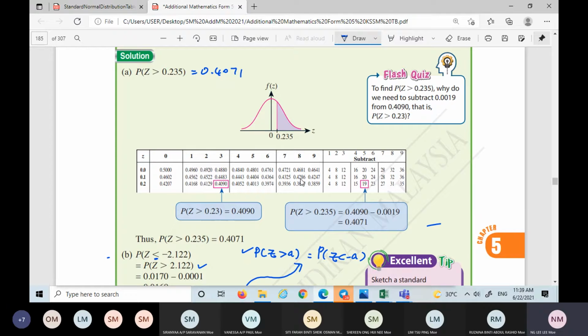This one we call inside. Then all this we call outside. This outside value is the one on the z-axis. And then this inside value is the area under the curve. I hope you are very clear on this, because afterwards what we're going to do is